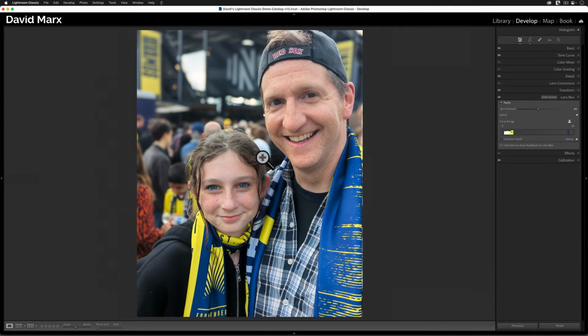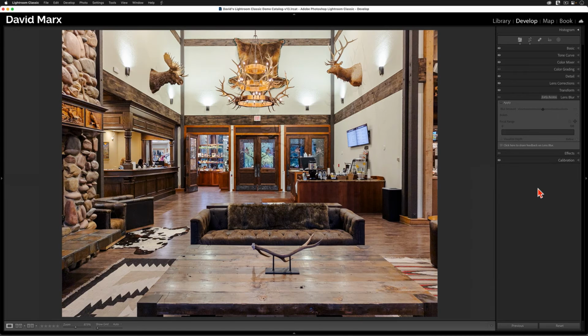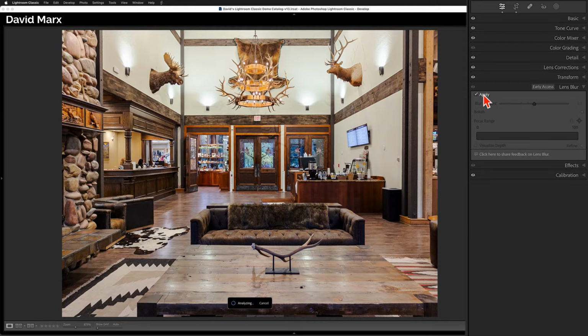I'm going to hop over to another example. I picked smartphone images only for this lesson because with our phones, we don't have the ability to change the aperture. In this photo, for example, my original capture is sharp from the coffee table in the foreground all the way to the back to the far side of the hotel lobby. Since there was no way that I could limit the depth of field when I took this shot with my phone, I'm going to activate the Lens Blur feature again.